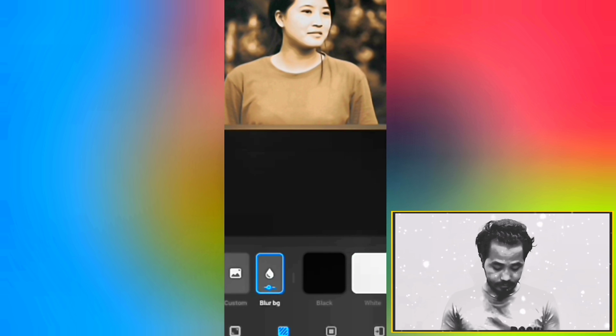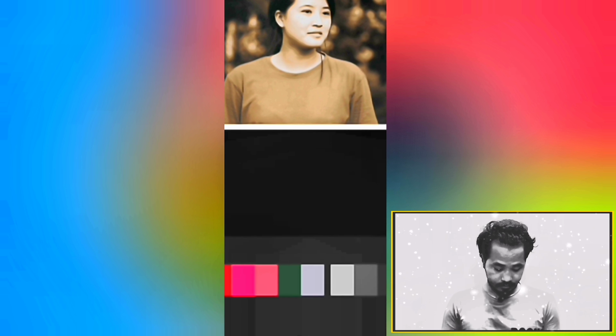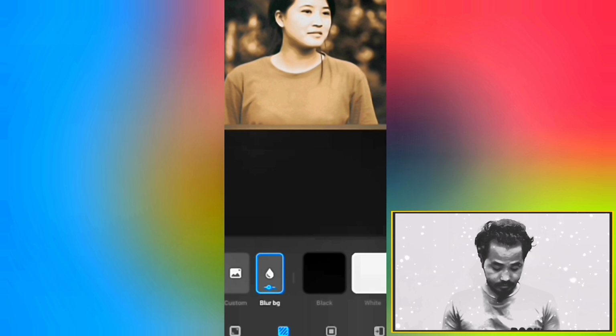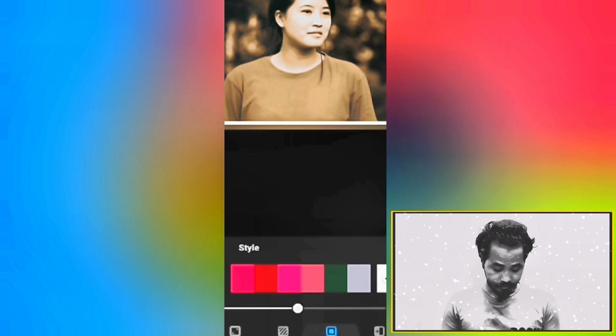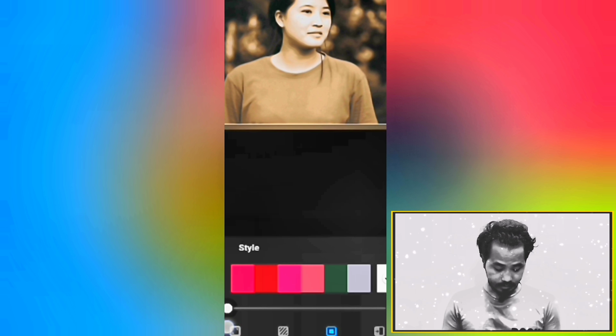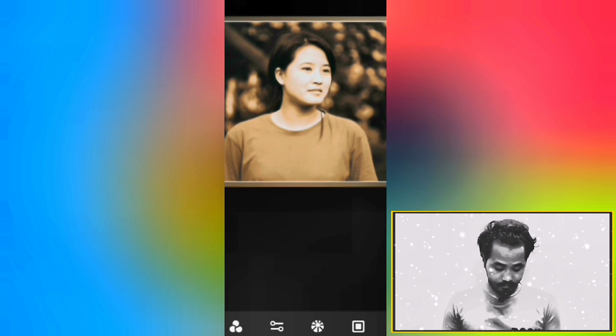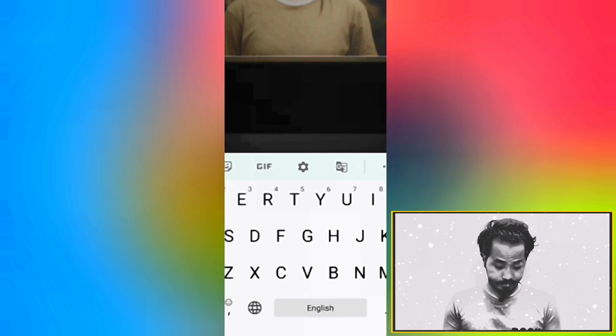Okay, and then I'll put it like this, and the border I'm going to use it like this, okay, white and gray mixed. Then I'll click OK there, and then text you can have, let's say here